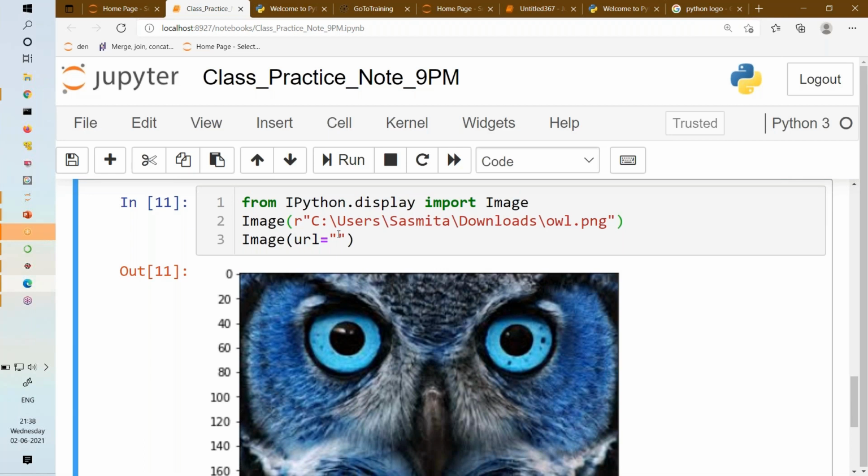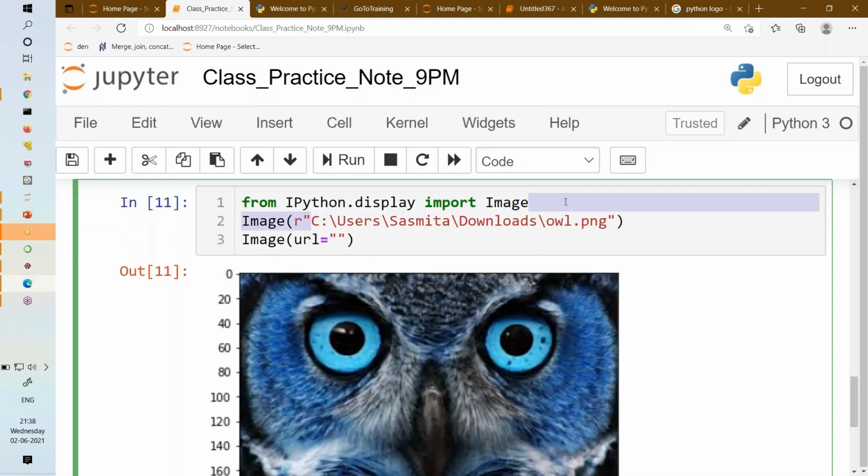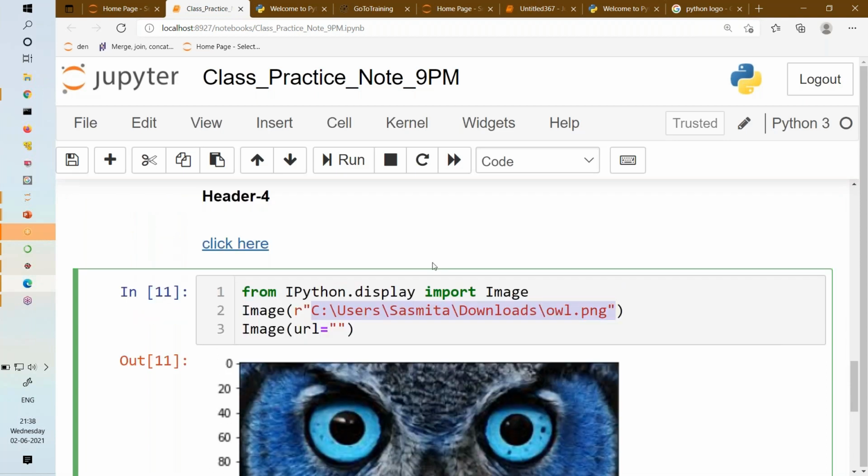If the image is present at a URL, you give the URL. If the image is present in your local system, you just give the image path, and then you load it, right? So you understood how to load images, how to add hyperlinks, headers, bold, and italic. I think this much is sufficient regarding Markdown.